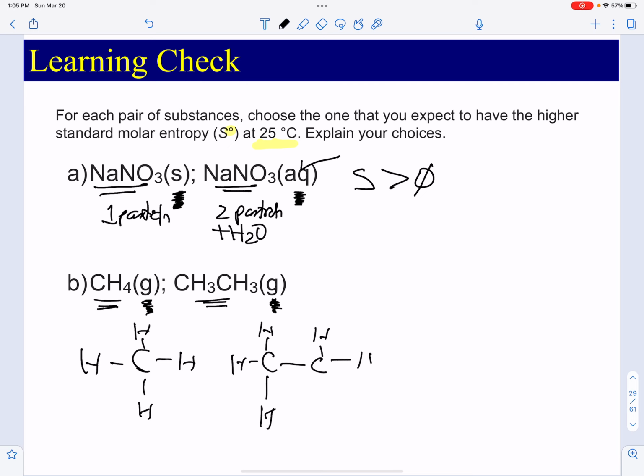So now you have more bonds because you have more atoms, right? So the possibility of different movements increases also. So as you increase the number of atoms on a molecule, that creates more possibility of movement, therefore higher entropy. So the entropy on this one is also increasing. So with that said,